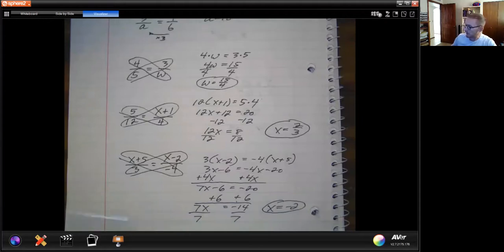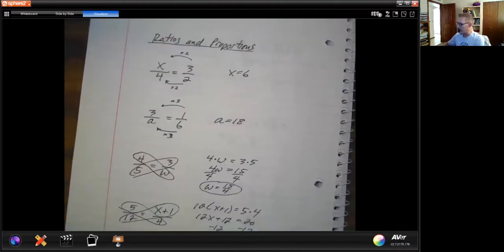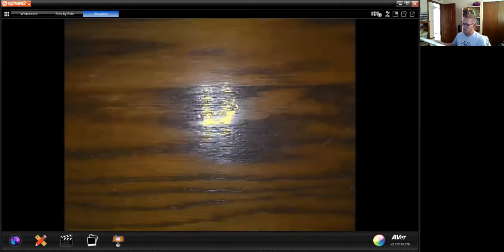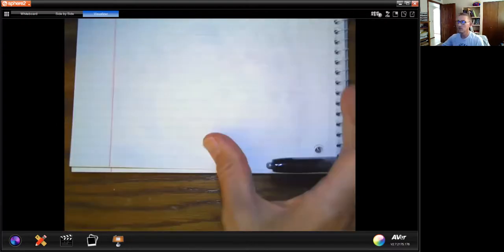Now, if this portion here is still something that you're struggling with, I would highly recommend you go back and watch one of the earlier YouTube lessons on solving multi-step equations. We have to have those skills in a really good place right now in order to do our proportions. I want to show you an example of something that will not work with this. And it is very tempting to do this when we have a particular problem,